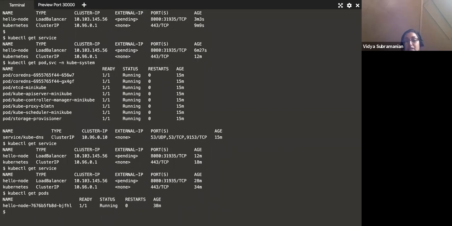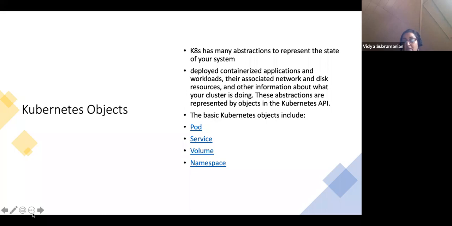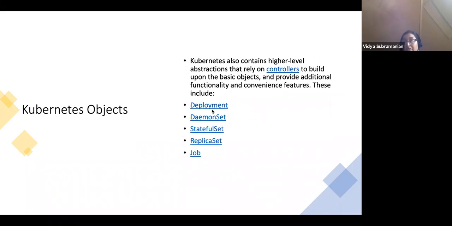We are able to see the pods and the services associated with it. There are a lot more things Kubernetes provides in terms of the volume and the namespaces. There is also, today we touched on deployment and what the create deployment provides. There's also many other things like the daemon set and the stateful set, replica set. These are all functionalities possible.